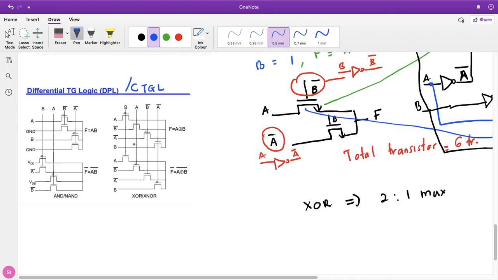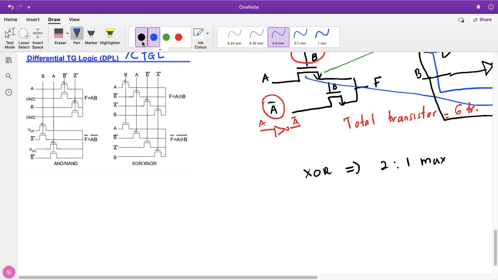Similar to the differential pass transistor logic, the differential transmission gate logic has a complement circuit for NMOS and PMOS. Let's test. In the previous solutions using the pass transistor logic of AND gate,